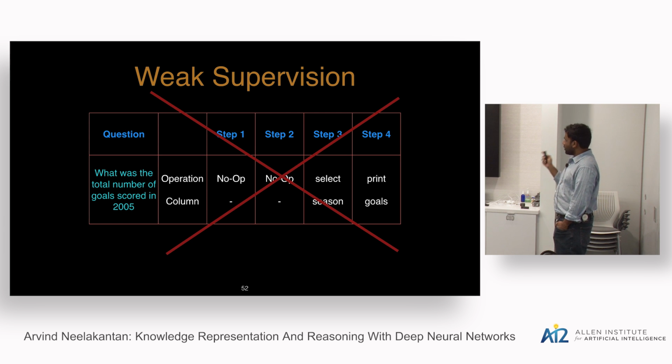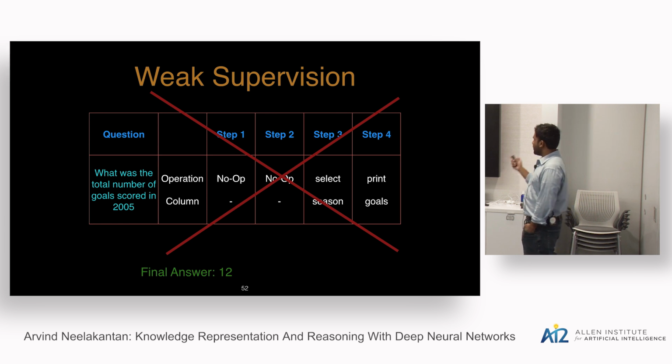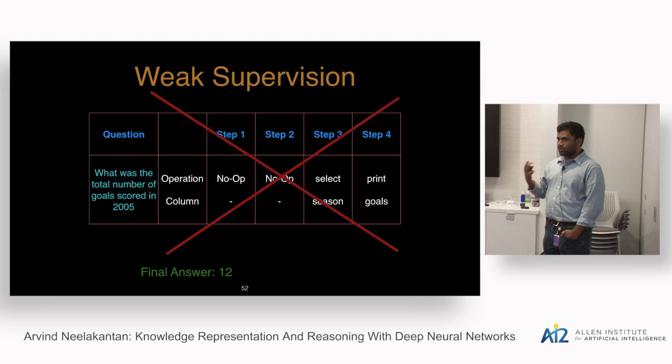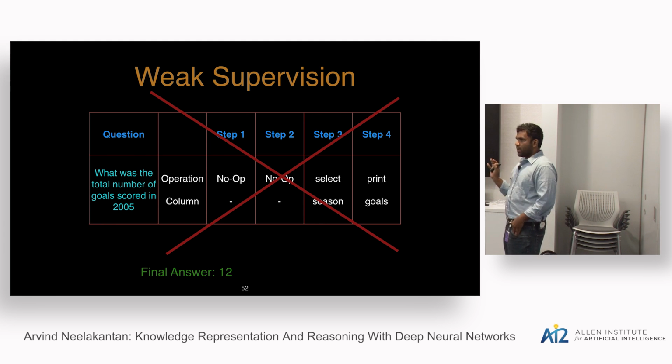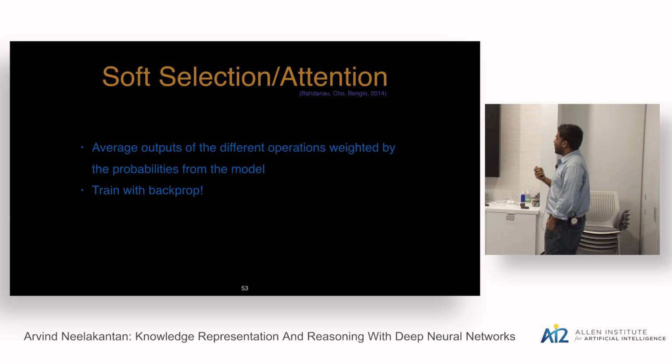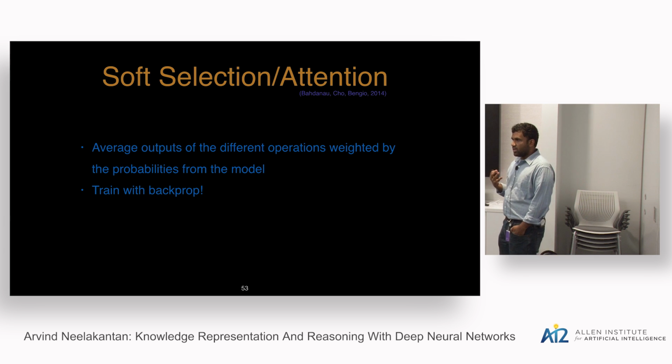So during training, you're not given this program, and you're given only the final answer. This is a setting where I think it's very natural to apply something like reinforcement learning. You're given some input, you have to perform some number of steps, and then you get a reward in the end. But it's hard to make reinforcement learning work, especially when you have a small number of examples. And I think the crucial trick that helped us get good results in this data set is that you can actually train this model just with gradient descent.